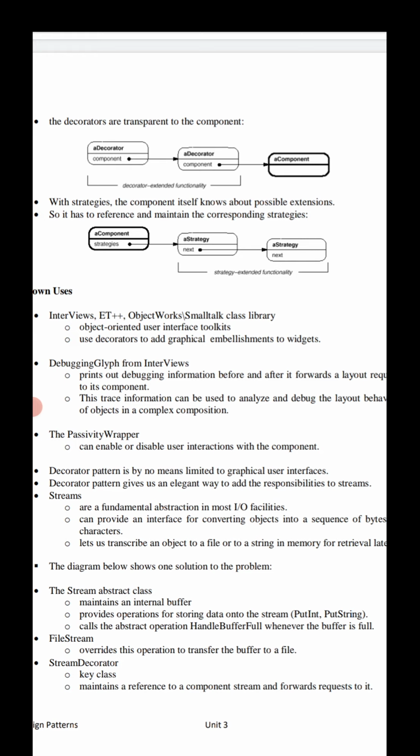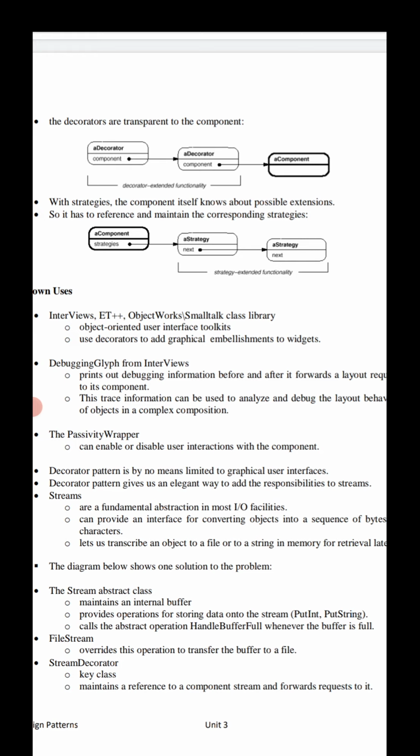Decorator extends the functionality from a component to a decorator component. With strategies, listen carefully, the component itself knows about possible extensions. So it has to take a pointer or reference and maintain the corresponding strategies.